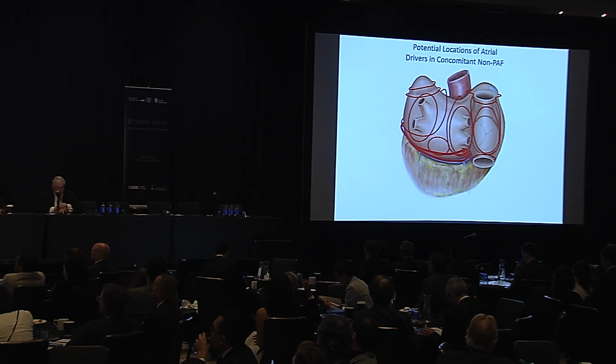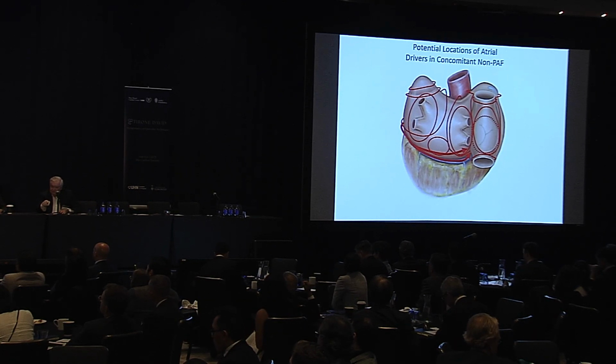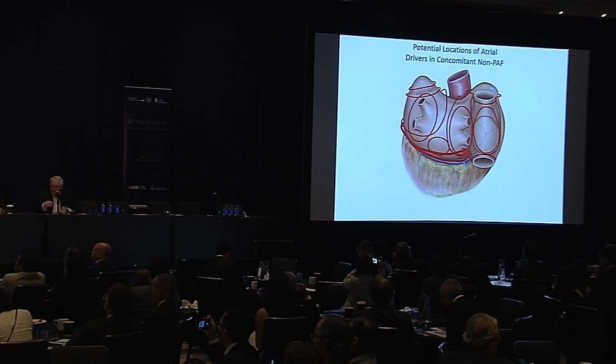And what that something else is, I'm still getting spam calls, what that something else is, these big macro reentrant circuits. Now, these all don't appear at the same time. This is just where they have been mapped and identified in the past, and there are only certain areas they can occur in. But every one of the red circles on there has been documented in the past. And